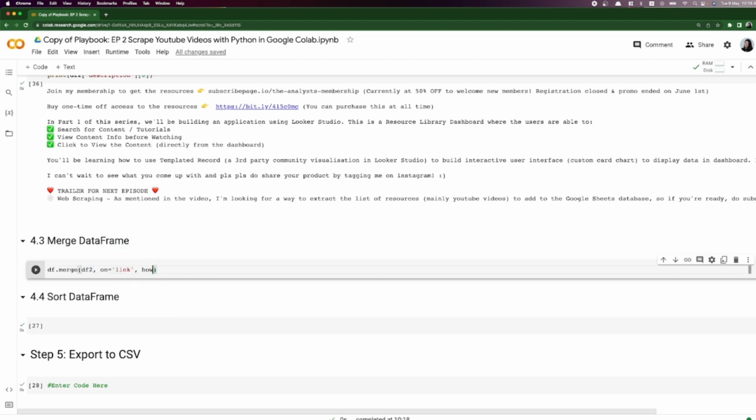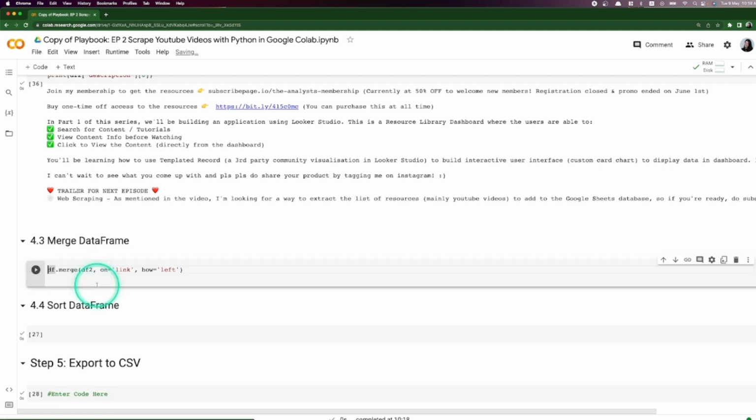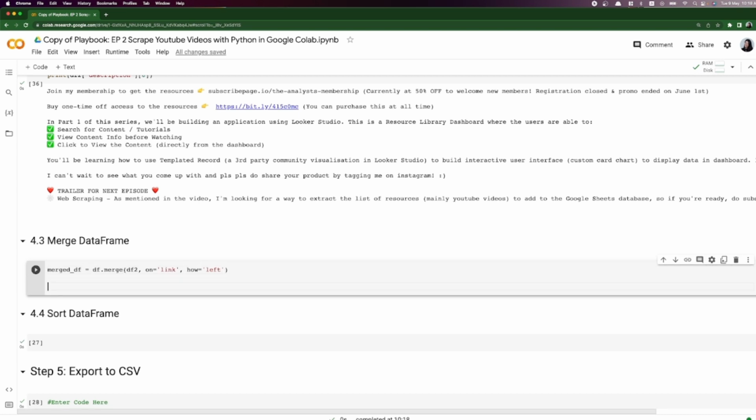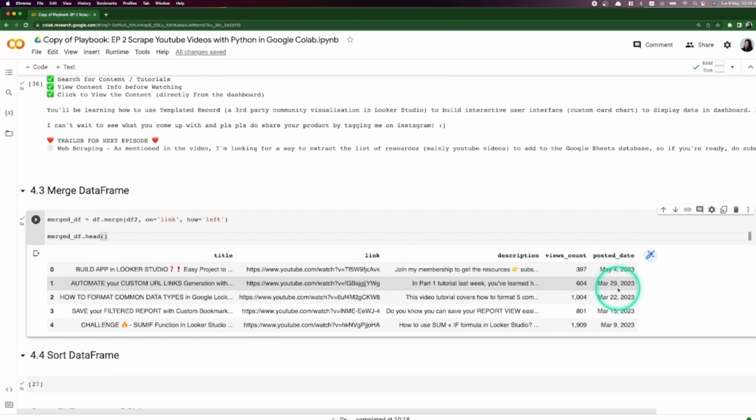Then we're going to define how we're going to merge it. In this case, we're going to use a left merge. And now we can assign this to, let's say, merge df. So I name it merge df, and I can proceed to print it. Here you can see that the title, the link, descriptions, views count, and posted date have been combined in